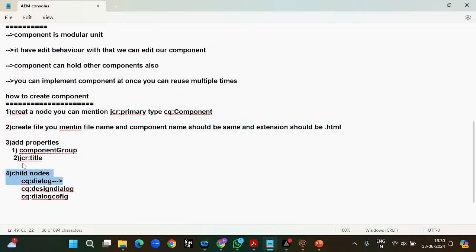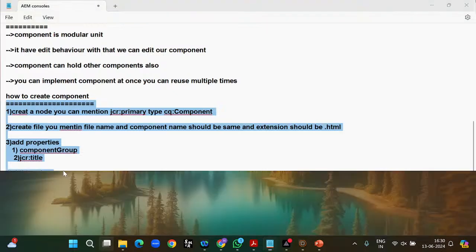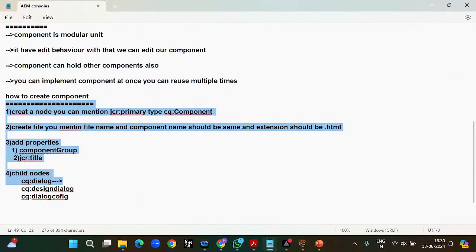These are the steps we need to follow while creating the component. These are the mandatory steps. If you are doing all the things but the component is not coming over the page, you made a mistake somewhere. You need to cross check all the things. So this is the entire process of the component creation. These are the mandatory steps while creating the component. Okay, so that's it for today. I hope